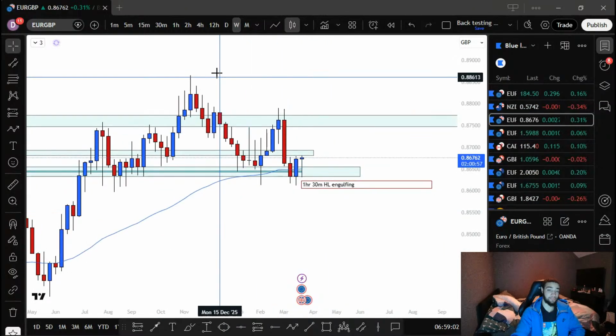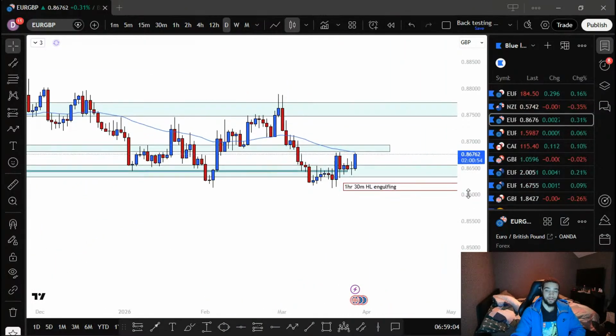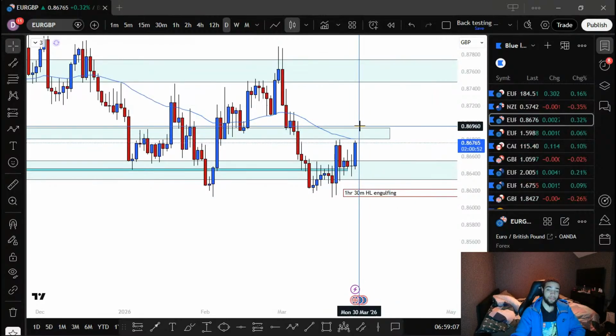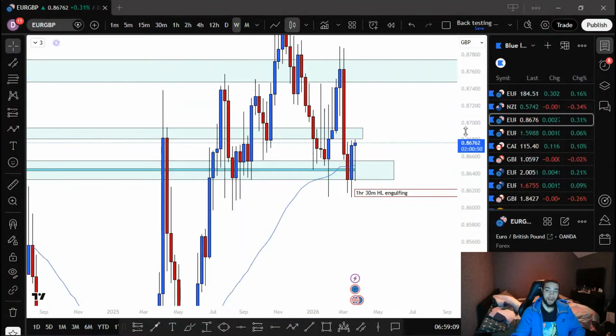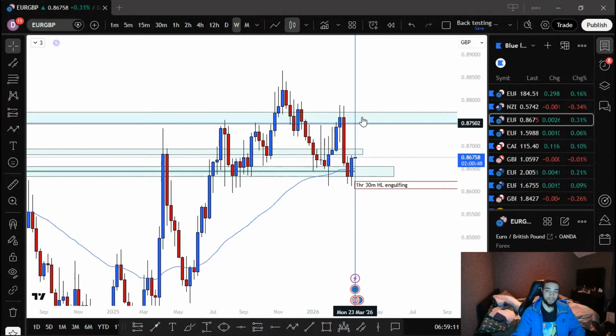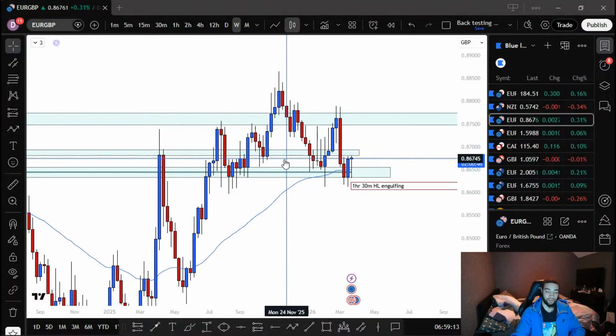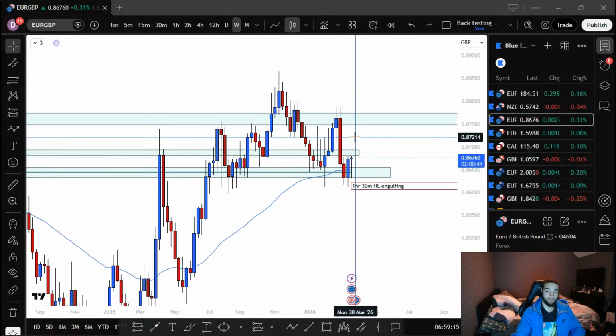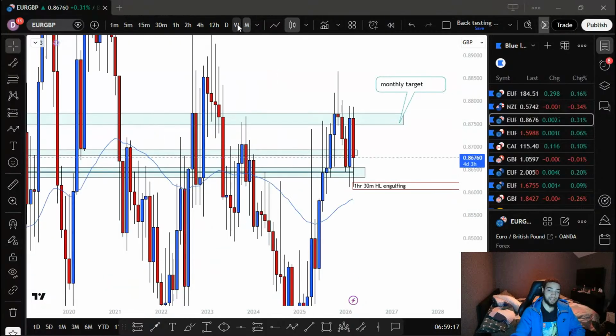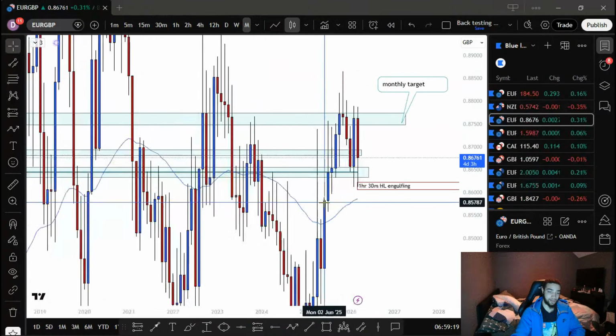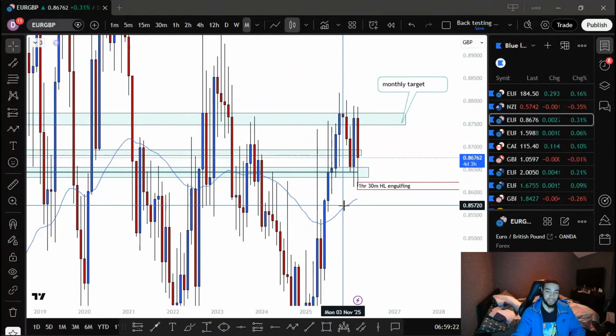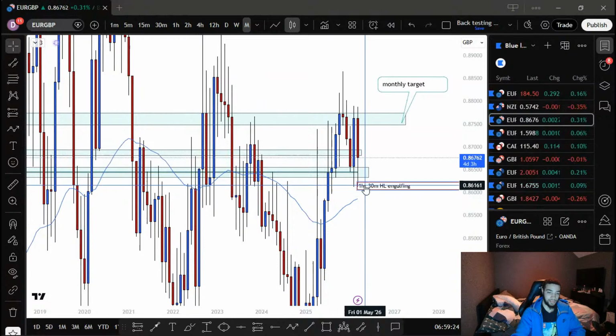Euro GDP is in a good position to buy, honestly. I'm just not going to buy below here. If it comes above this, I'm 100% in buys for this little bit of range. But we have left head, right shoulder, like left head, right shoulder. So there's also a sell potential there to come back down to this area. A lot of possibilities, you can clearly see.